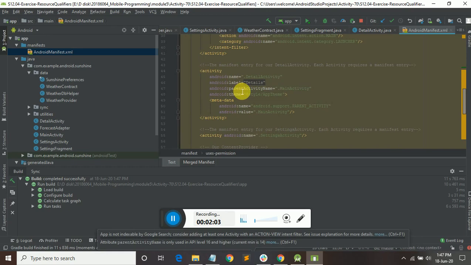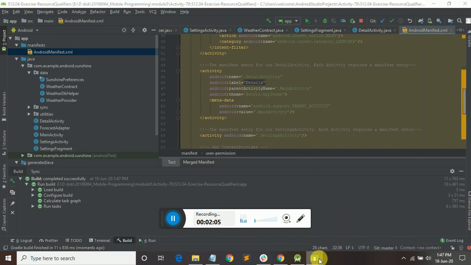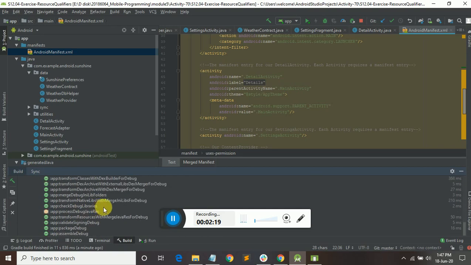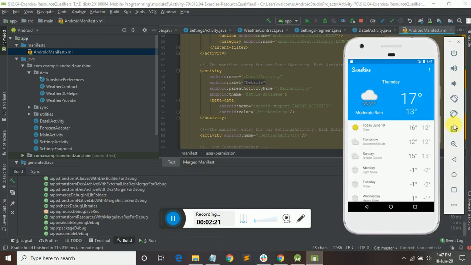For one activity it may be the main part, and the second activity may be something else. It was taking time to load. Yeah, this is one activity and this is another activity.